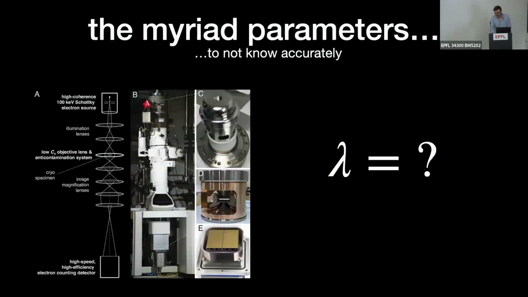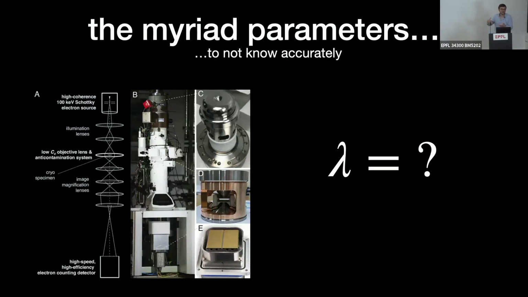And there are a myriad of other parameters that one may wish to reconstruct. Here's just a student project. I'm just going to tell you what it's about, and it's a bit contrived, so don't judge me because it's contrived. The point is, suppose that you're operating an electron microscope, but you don't know the energy. You don't know the wavelength of your electrons. I don't know why that would happen. And then someone just hands you a stack of projections and tells you to reconstruct. Then you better know what energy you're operating at if you want to have a precise forward model.